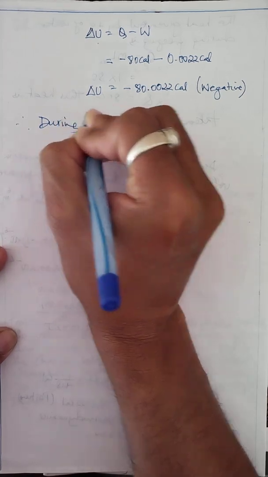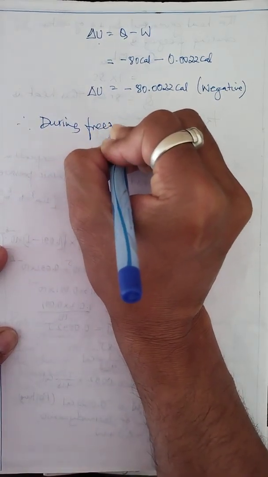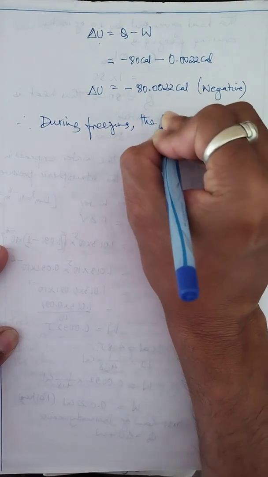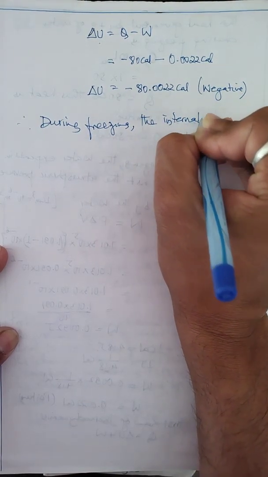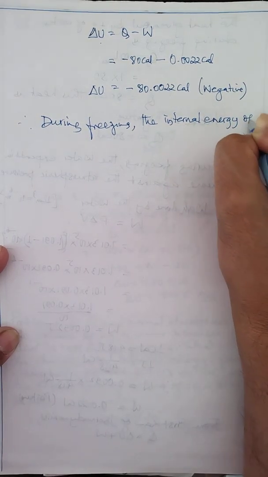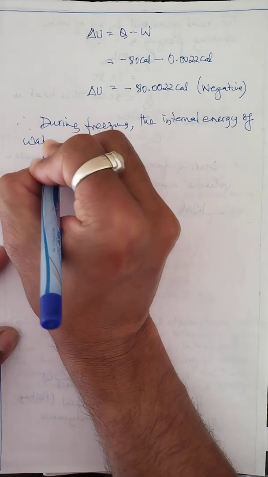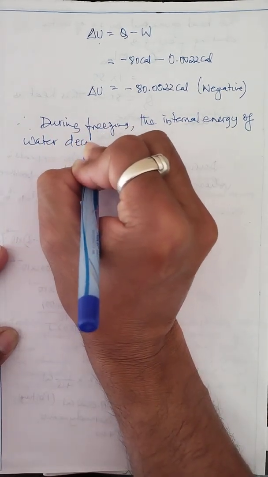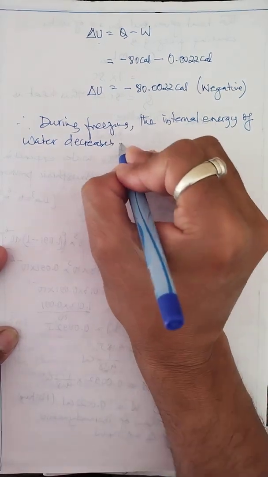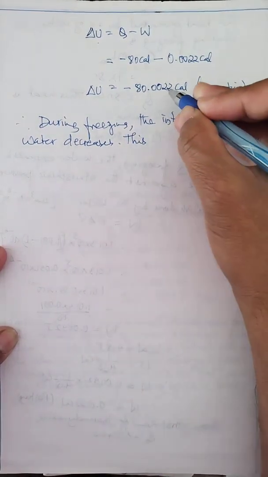During freezing, the internal energy of water decreases. The energy we have calculated is called the internal energy of water. Because of this minus sign, we understand that the internal energy decreases. And this decrease, you can even see the value,